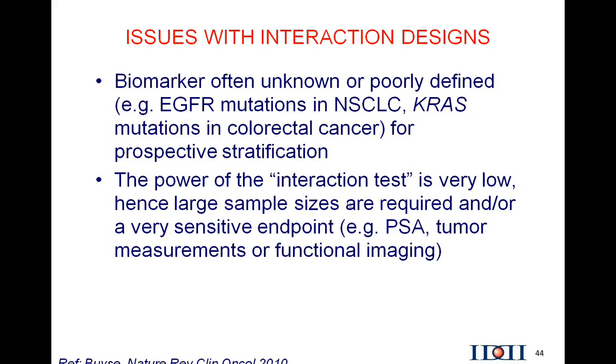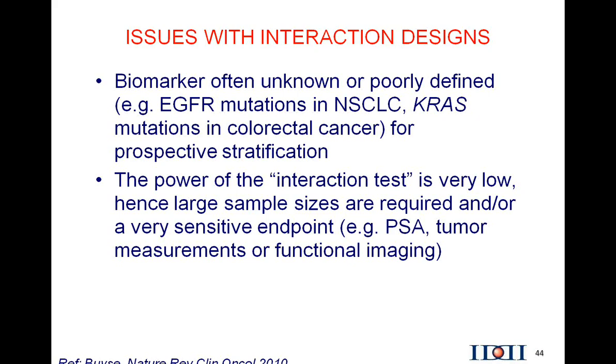Now, issues with interaction designs are that oftentimes the biomarker is not known or poorly known before the trial starts. So it's difficult to stratify patients based on a biomarker that is still in development. In such cases, the RANDOMIZE-ALL design may be a better option because it's always possible to determine the biomarker value retrospectively in a RANDOMIZE-ALL design. And again, just as before, the power of the interaction test is quite low, and therefore relatively large sample sizes will be required, or a sensitive endpoint will have to be used for these trials to have a good chance